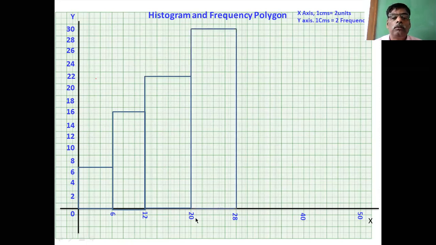Then 20 to 28, the calculated frequency is 30. And 28 to 40 is 7.2. And the last is 48 to 50, which is 7.2. Like this you have to draw the